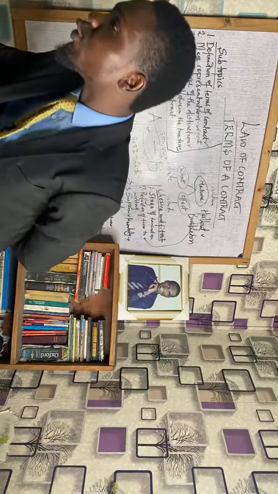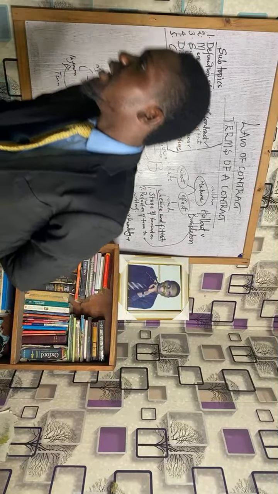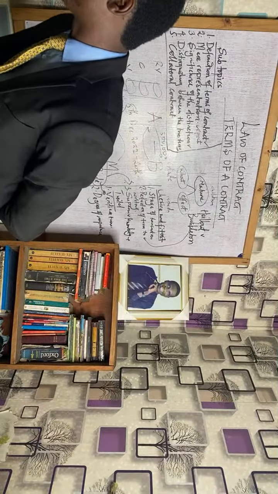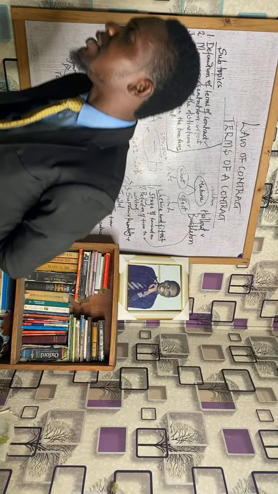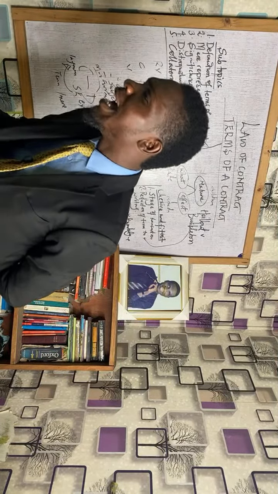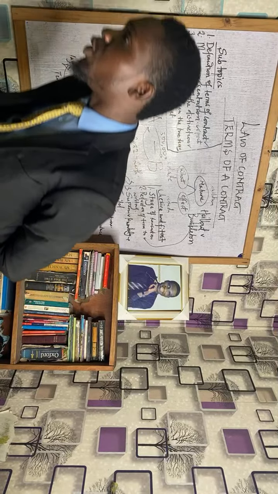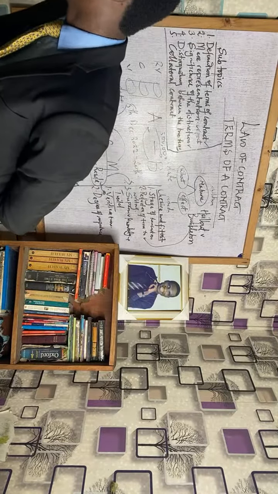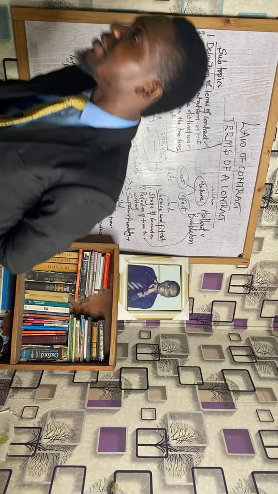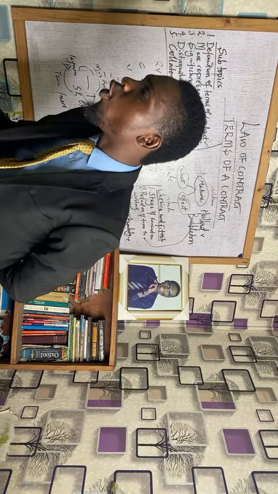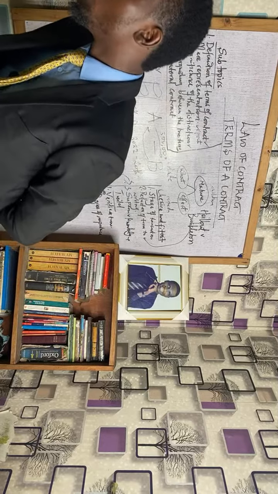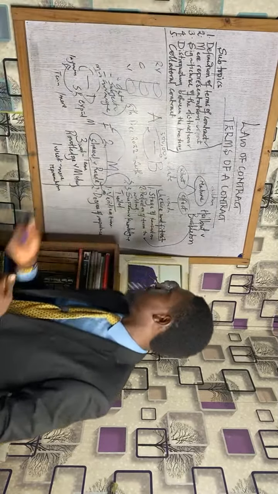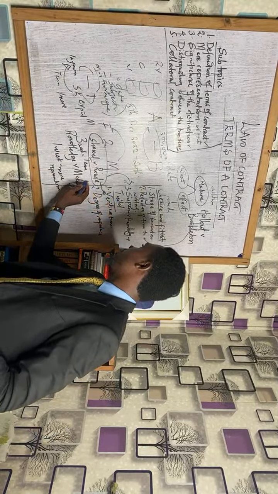Let's look at the case of Bannerman versus White. In the case of Bannerman versus White, a prospective buyer of hops asked the seller whether sulphur had been used in their cultivation, adding that if it were so, he would not even bother to ask the price. The seller's assurance that the hops had not been treated with sulphur was held to be a term of the contract. So now in Bannerman and White, the second case here,